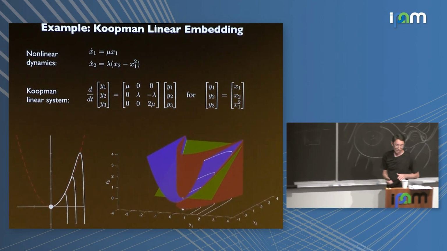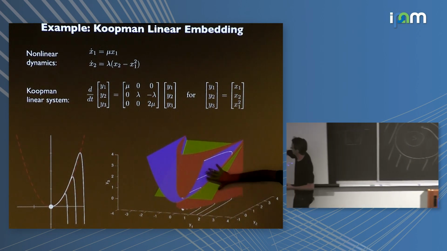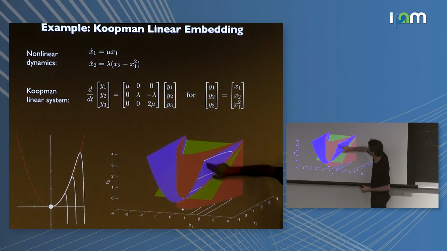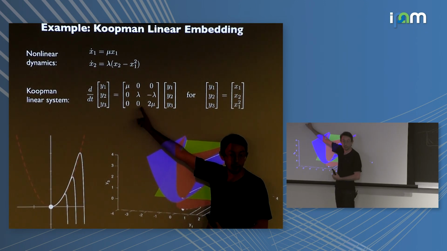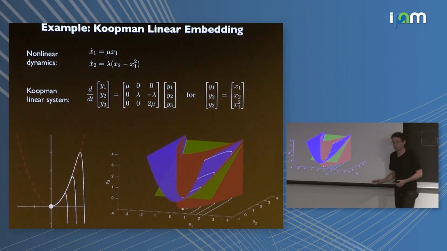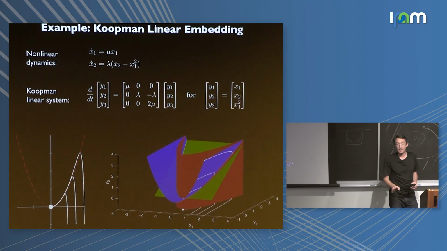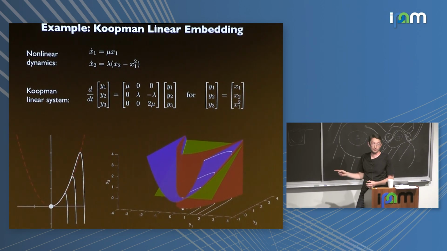Just chain rule. And so by augmenting the dimension, and this is the phase portrait, these white curves are the actual trajectories of this linear system, e to the At, in 3-dimensional space. And when I project them down, I recover everything about my original system. Now again, I am showing you this example because it's the one that worked. This is one of the only ones that easily works.